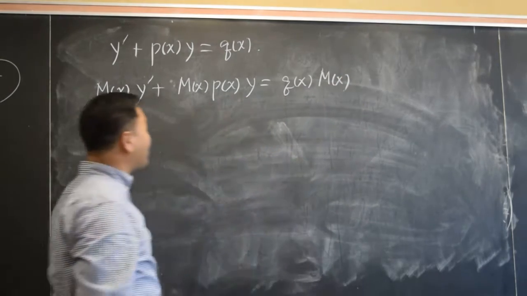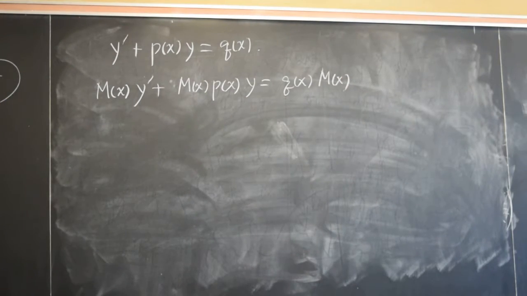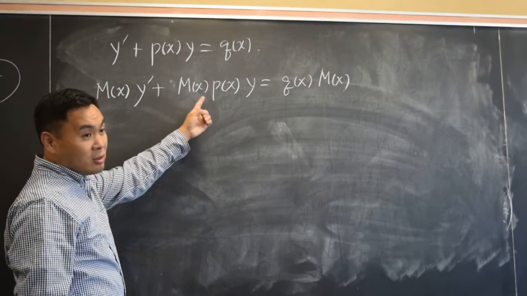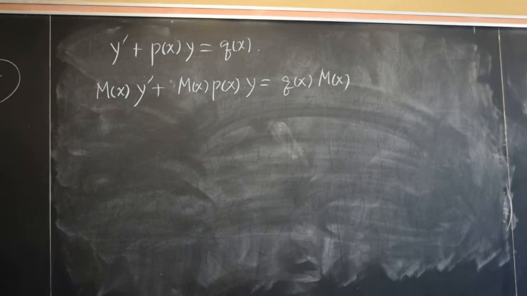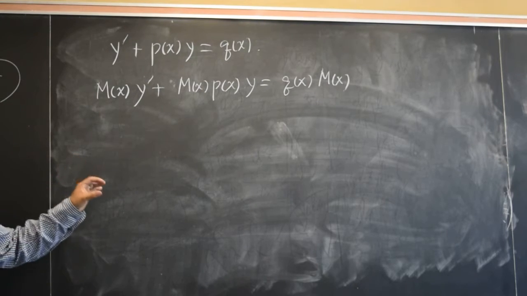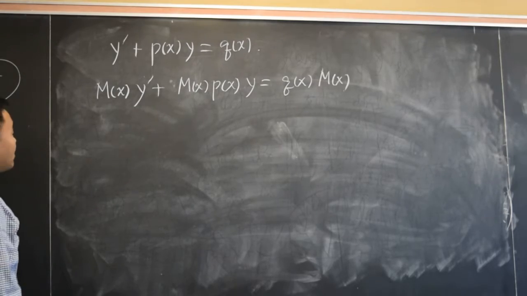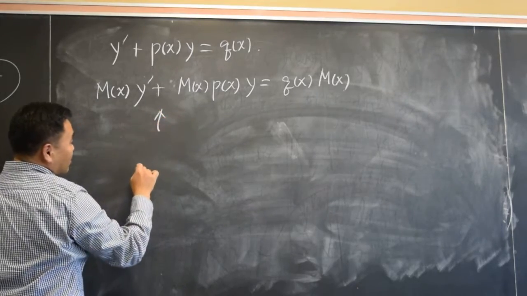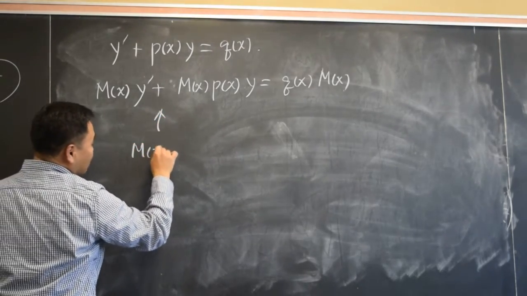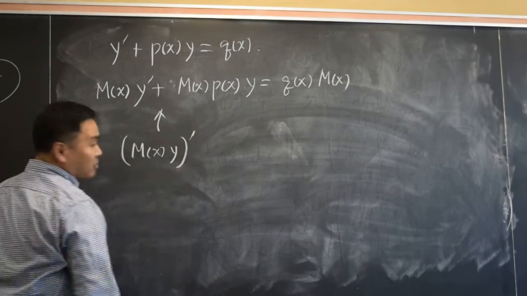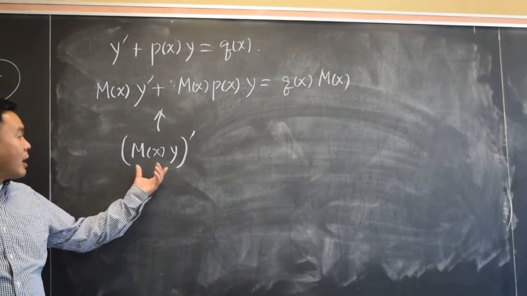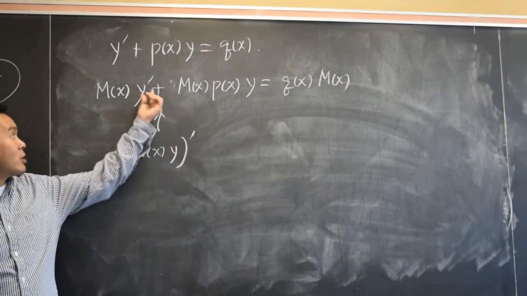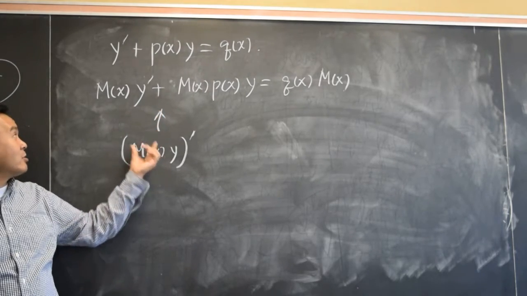So I multiplied m(x) to all the terms I see, and my goal is to make this into a product rule. Okay? Now, from that previous example that we've seen, if this was to become a product rule, it probably should be the derivative of m(x)y. Okay? Because think about how you would apply the product rule to this. You differentiate the second one so that you get y prime, and m is untouched, so you get the exact